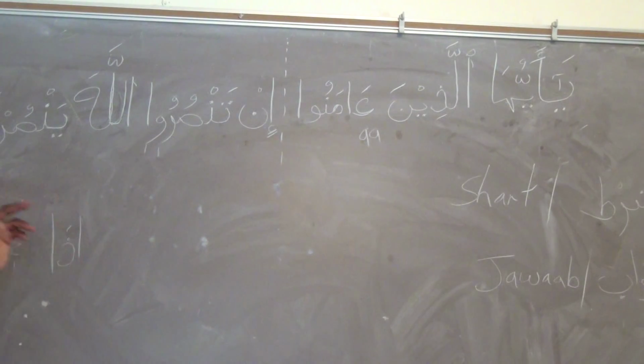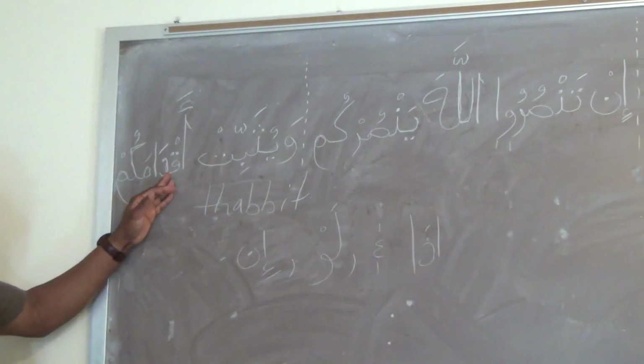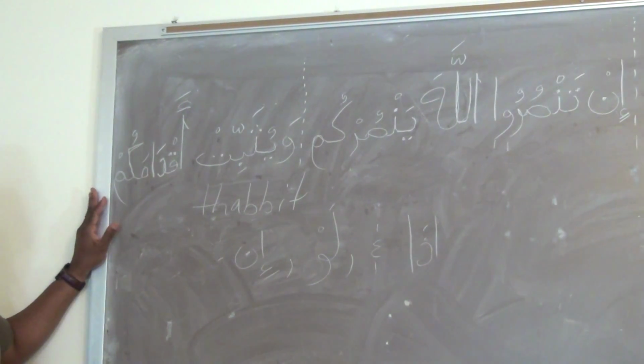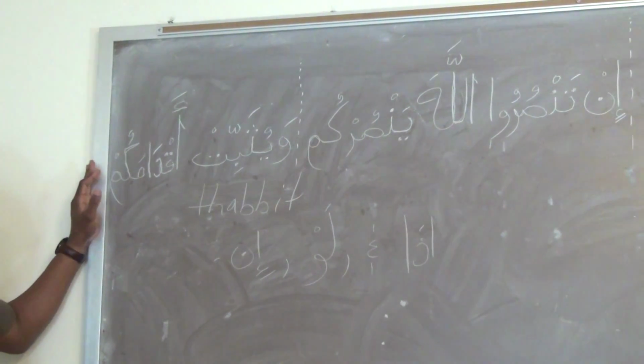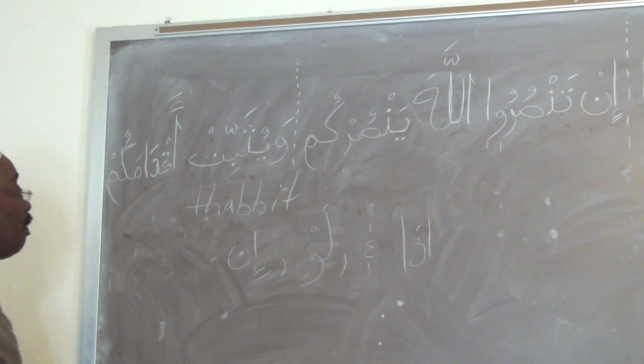The reason this doesn't have a vowel is because this is the conclusion of the conditional sentence. Okay? And look at the last word up here. What is this word? أقدامكم. Right? Aqdamakum. I'm sorry, kum. Right? This meaning